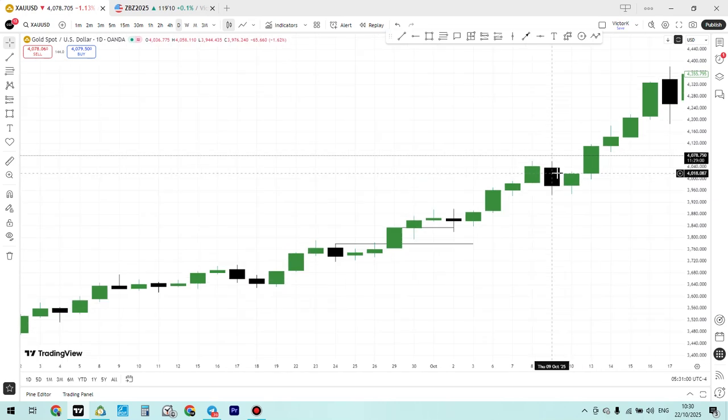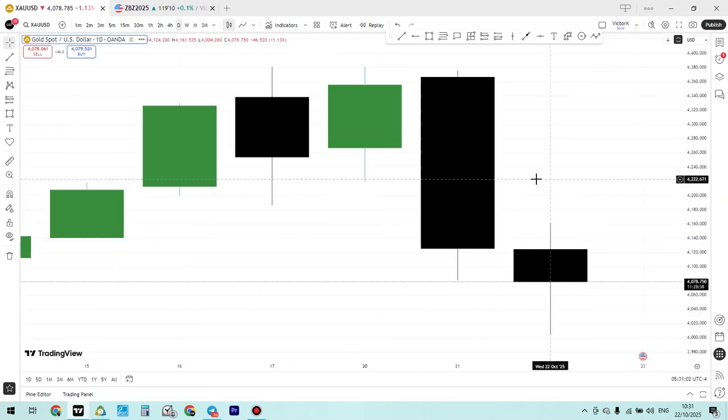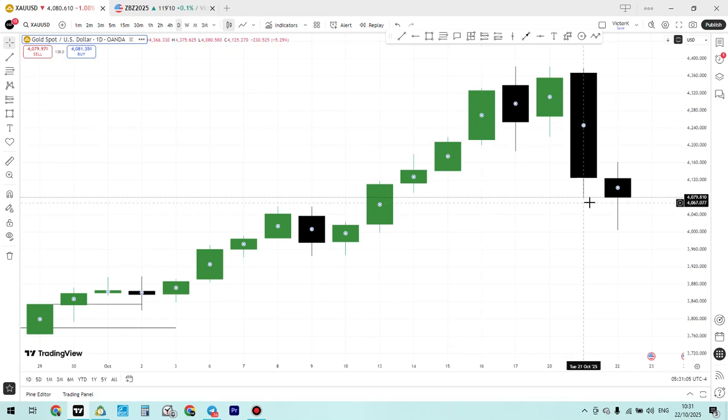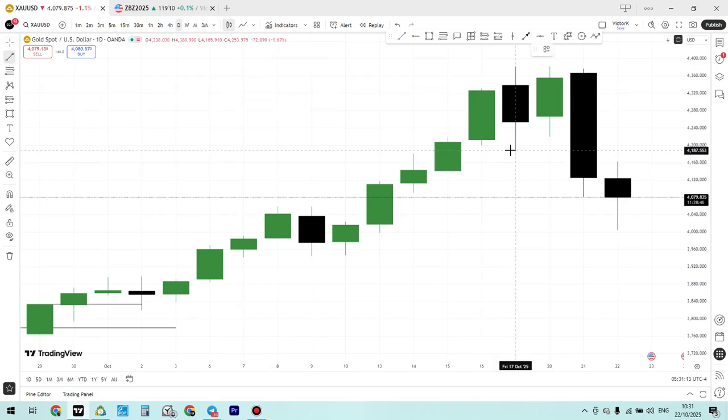And what happened that day was that we have gold being bullish, right? Gold has been bullish for a while and it just now gave some down candles. Okay, so this is what happened on that day. So that was on this day,